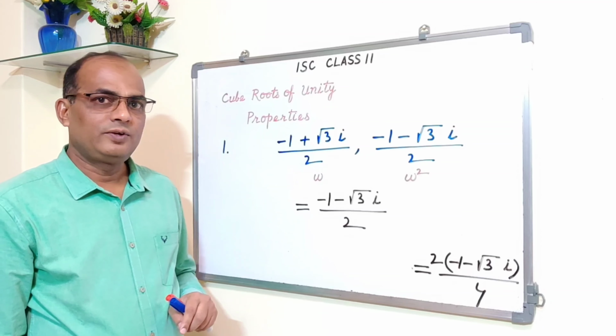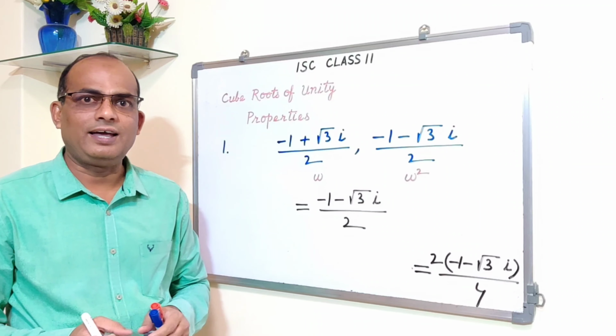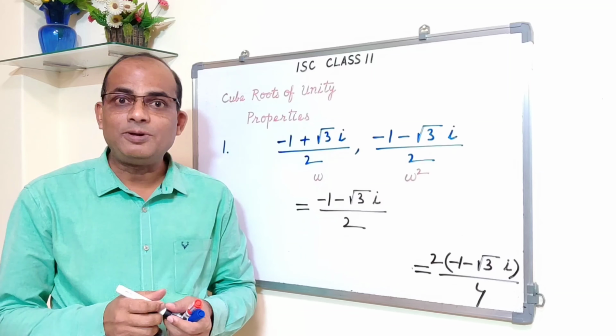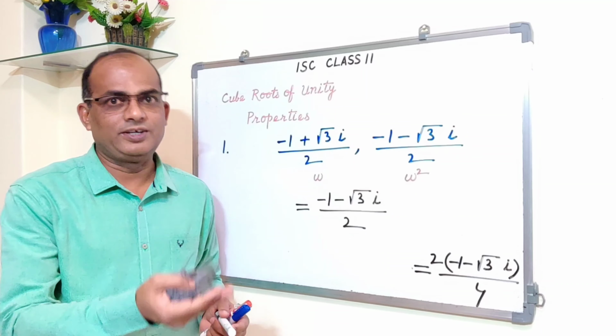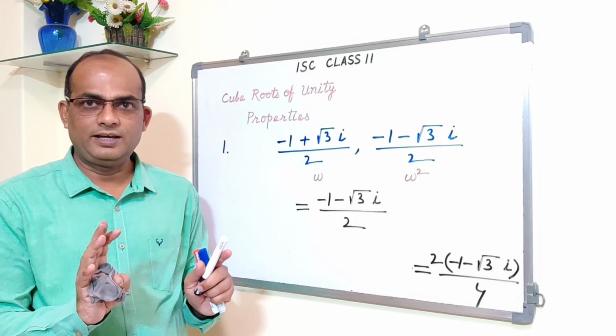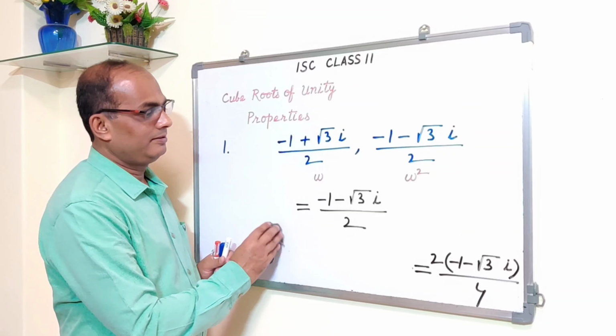Alright? So you are getting this as omega square. So that proves that each complex cube root of unity is the square of the other. Fine, clear? Okay. Now the second property is,